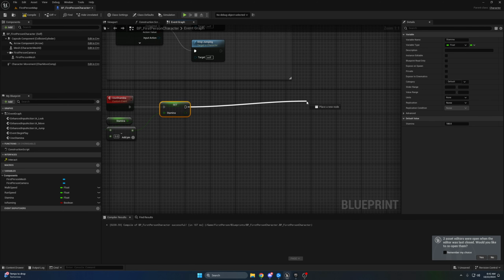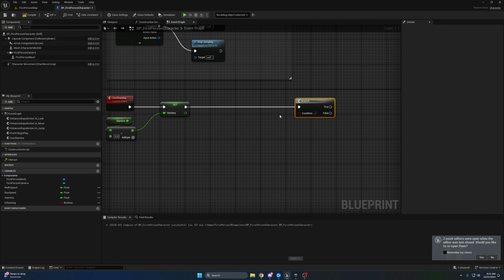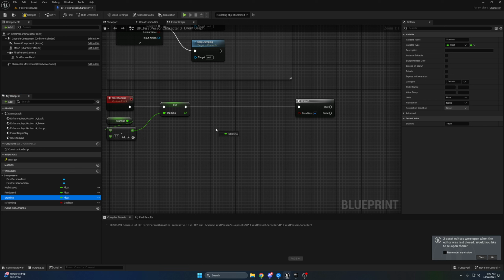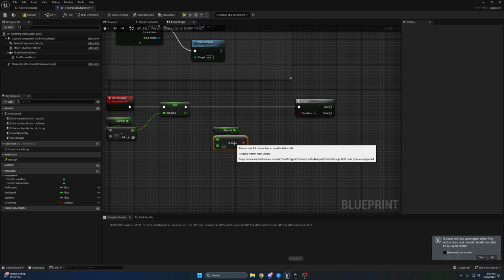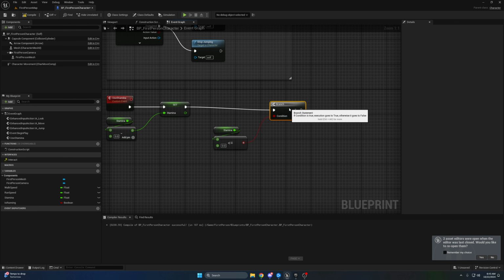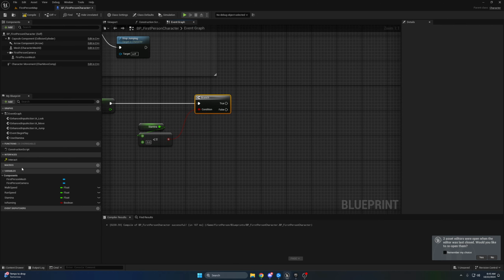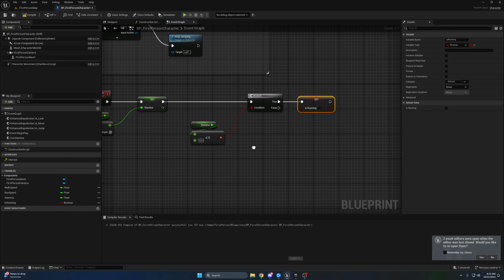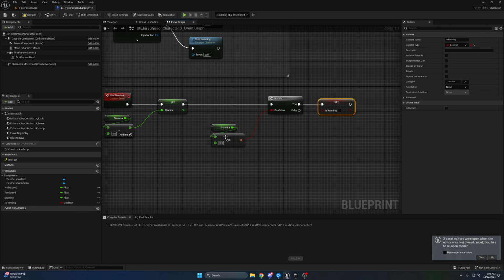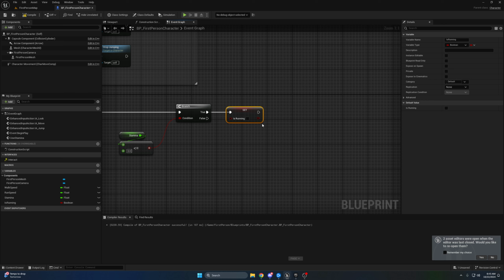We're going to drag out and we're going to get a branch. A cool little trick is if you hold down B, it'll automatically add a branch. We're going to get stamina again. We're going to get less than or equal to 0, and that will go into our condition. And then we're going to set is running. If that's true, we're going to set is running to false. So what this does is if we hit 0 stamina,